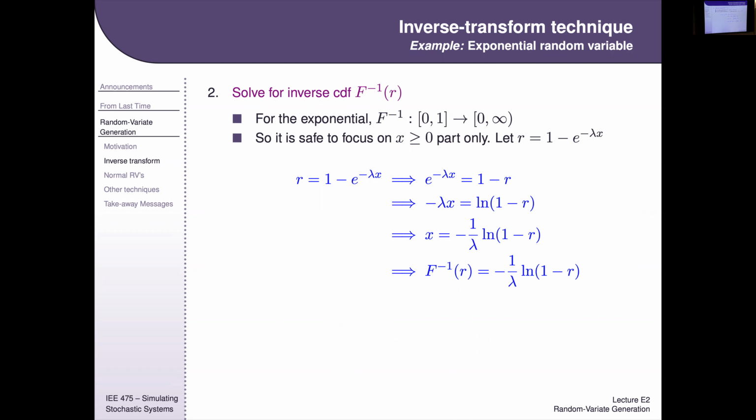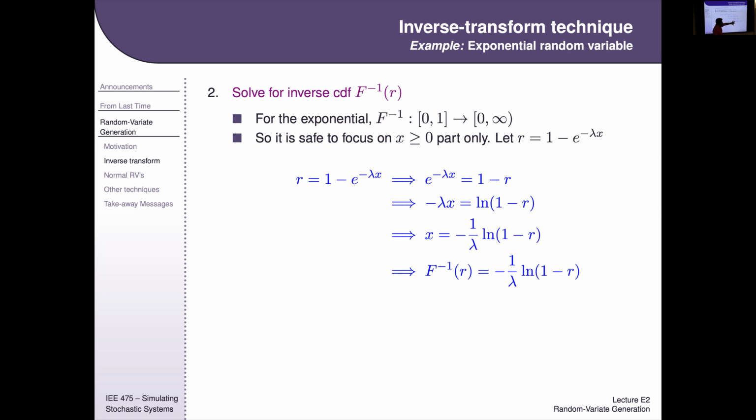So you basically throw out all the portions of the CDF that are constant. In other words, you throw out parts of the range in the PDF that are 0. And in this case, there's only one piece left over that has non-constant CDF or non-zero PDF, and that's this 1 minus e to the lambda x part. So then I set R equal to that,